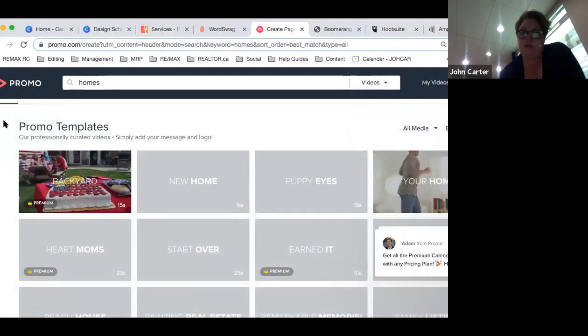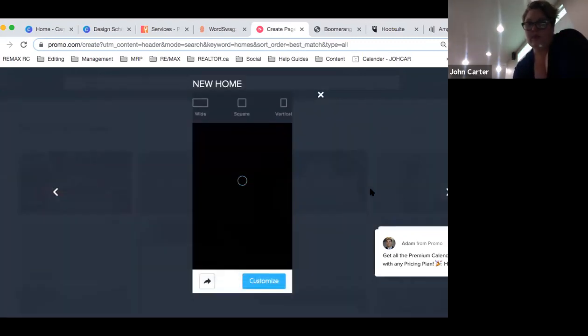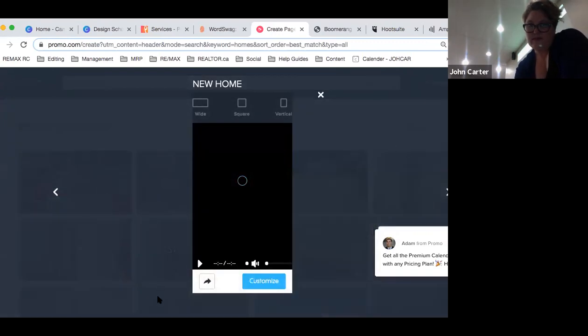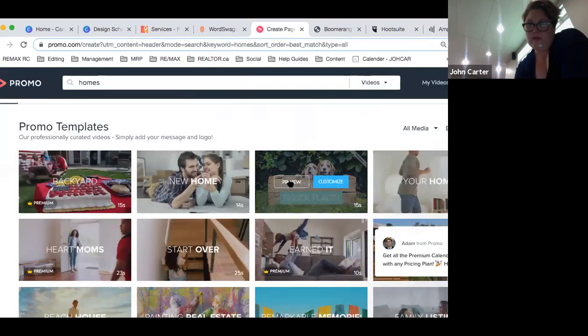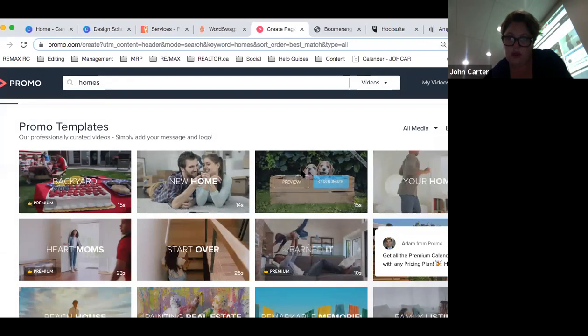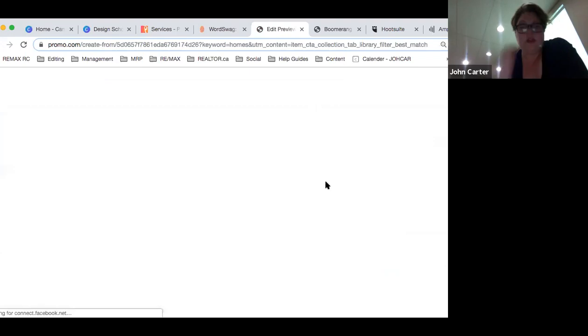So you can build these out. So if you wanted to put something like new home. Okay, it doesn't like me. I'm just going to customize this one. Maybe it'll look better. So when you go to customize,